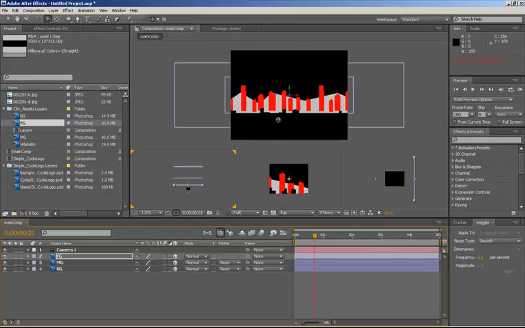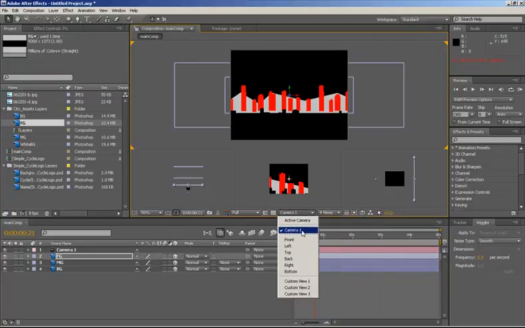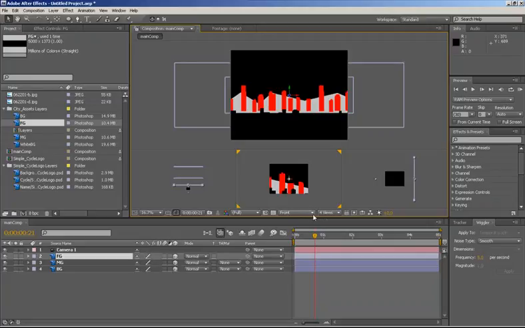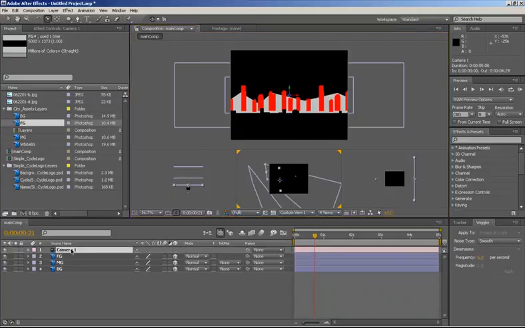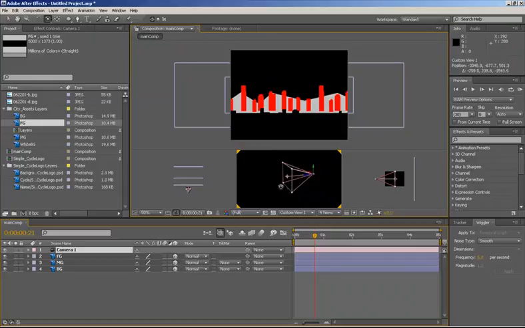Now we have this camera, and I'm just gonna go ahead and make this view the custom view. The reason why I'm doing this is so that we can see our camera. So I'm just gonna go ahead and select camera 1, and you can see a little camera there. That's it. And if you press V, you can always